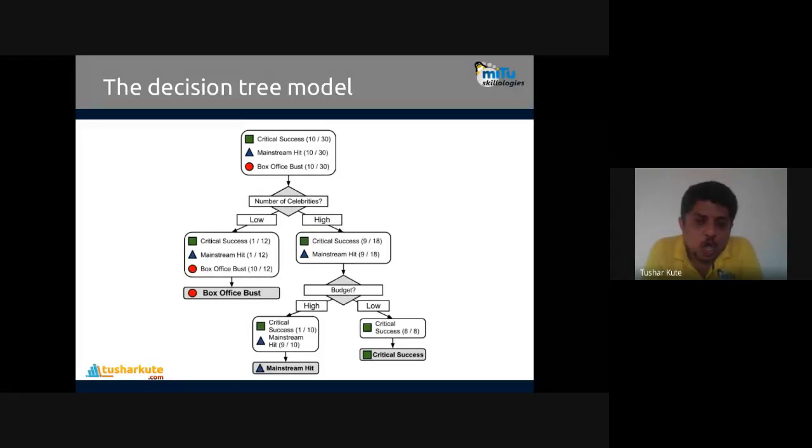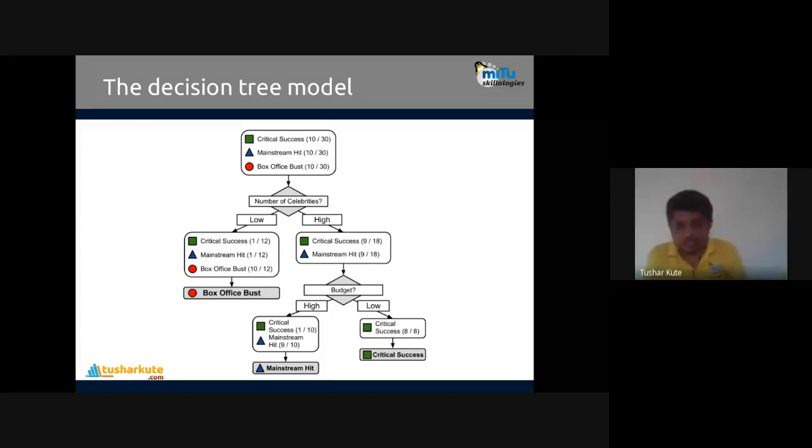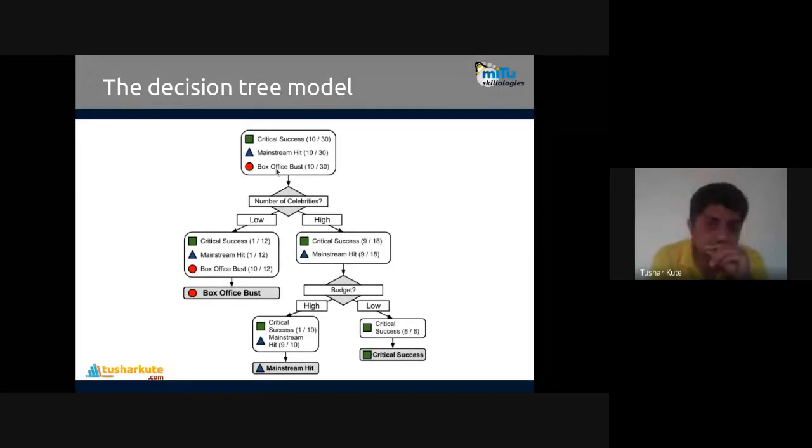Okay, so I have applied the first criteria to have a split: that is number of celebrities. How many celebrities are there? Low, high. Let's say above 5, below 5. Actually, values are quantitative, but it's given directly as a categorical value, low and high. So when number of celebrities is low, out of 30, 12 movies are on the left hand side and 18 are on the right hand side. Splitting is done on number of celebrities, which is the first horizontal split.